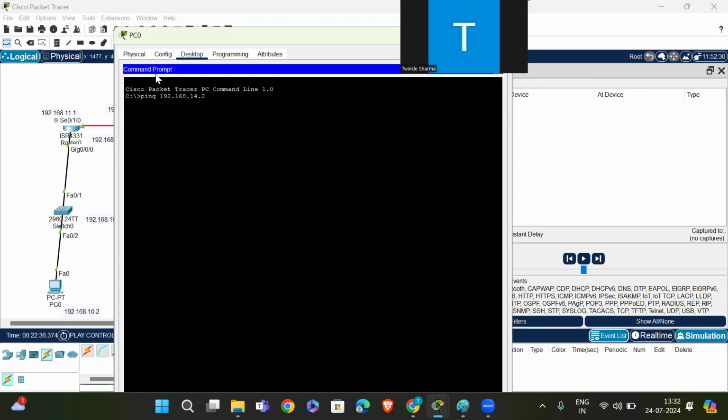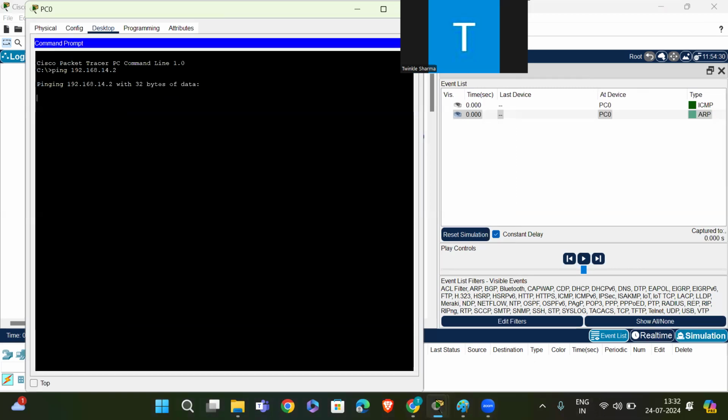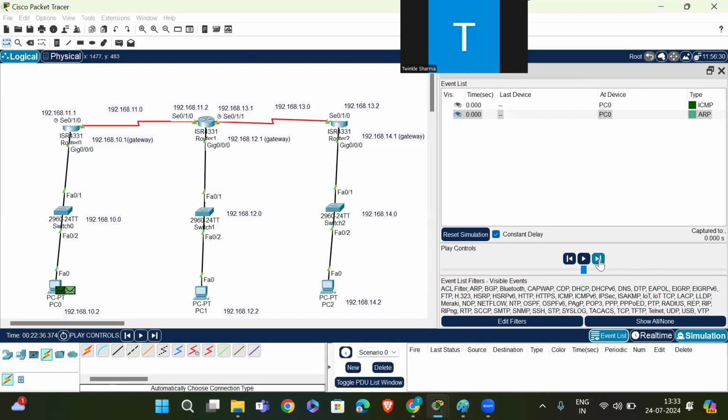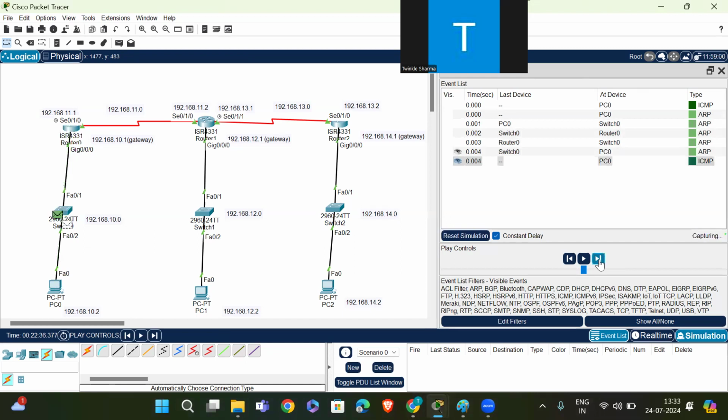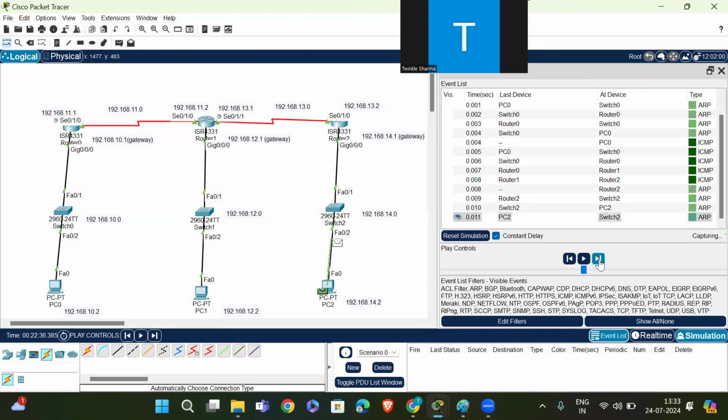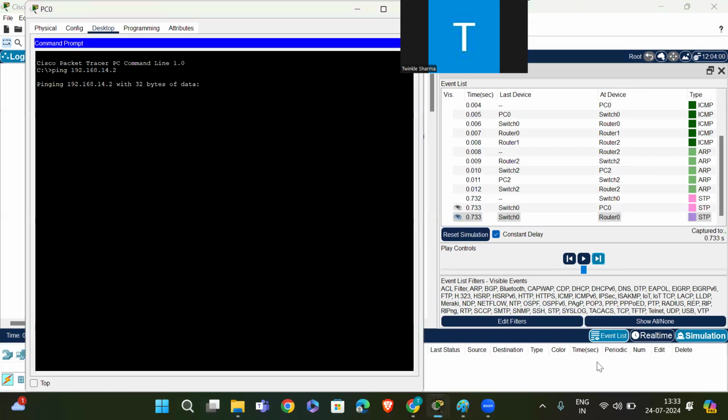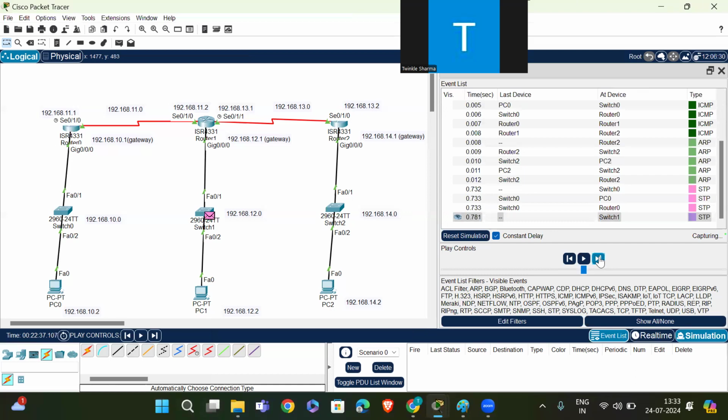ICMP message, then ARP. Again, the first message will drop and the others will be received.